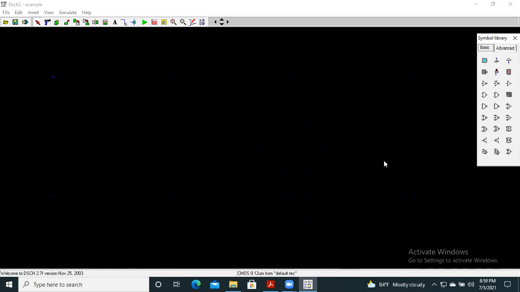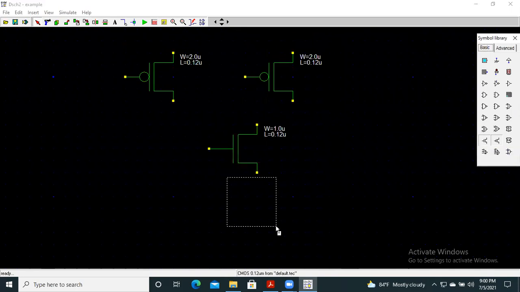As we see, our pull up and pull down networks consist of two PMOS and two NMOS respectively. So we have to drag two PMOS here to make the pull up network. We just drag and drop, and two NMOS to complete the pull down network. We just drag and drop again.